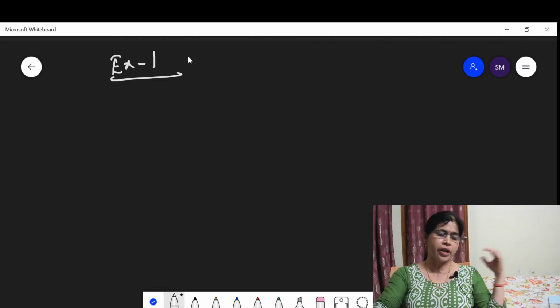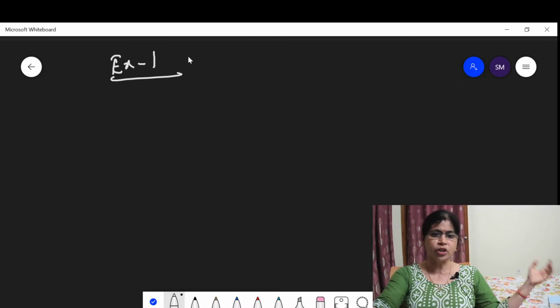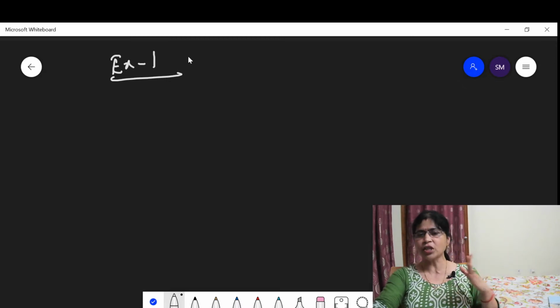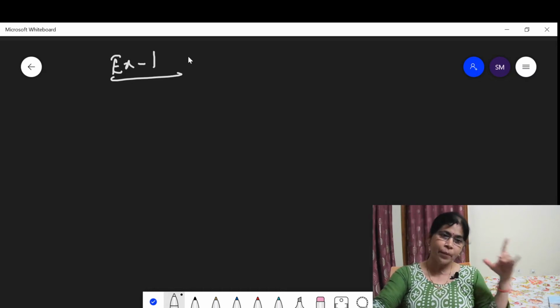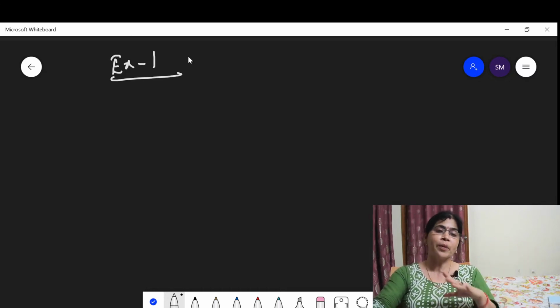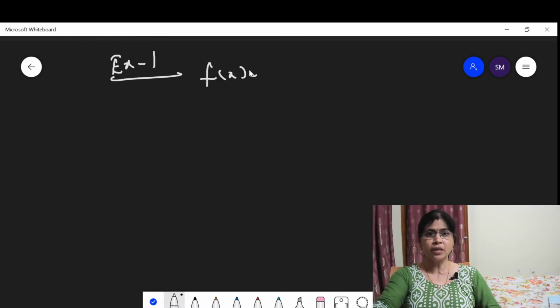Now let us discuss example 1. Please practice a variety of questions. When you practice a variety of questions, the questions asked in your exam paper will not be a challenge for you. Now let us practice. Here the question says, find the zeros of the quadratic polynomial. Here f(x) is given, f(x) is equal to x square plus 7x plus 12.